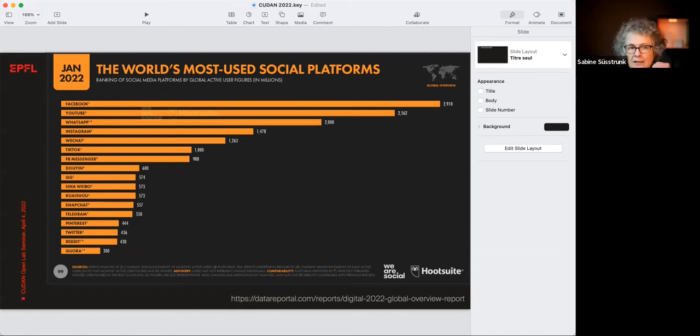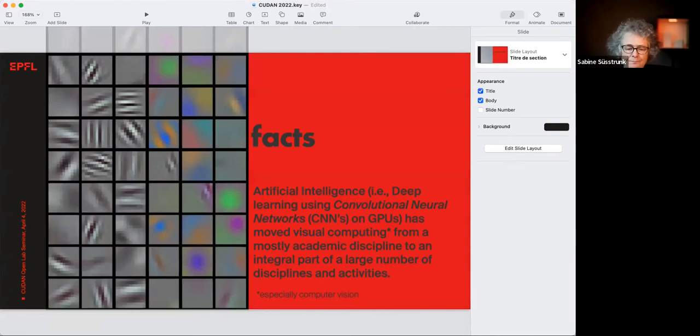And for that, we need to have tools and possibilities to organize them, annotate them, do whatever they want to do. And it's not going to be you and me, it's going to be a machine vision system. So let me come to the first fact I want to talk about, and that is that artificial intelligence, and with that specifically, I mean deep learning using convolutional neural networks, CNNs,